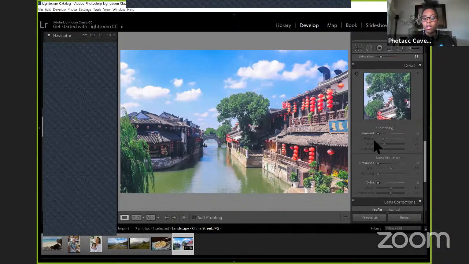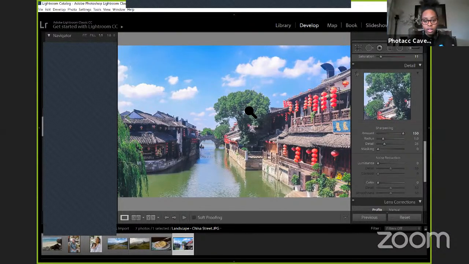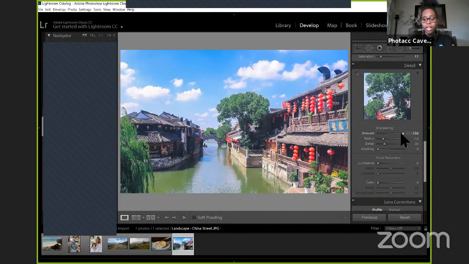So the details. Sometimes when you get photos that need more sharpening, they're a bit too fuzzy, you can take this up. But generally, going all the way up, it makes it very rough. Like the texture is very rough. So I think our image actually needs a little bit of sharpening. The radius is the size of the sharpening. So if we were to bring this up, just to see the examples, if we bring the radius